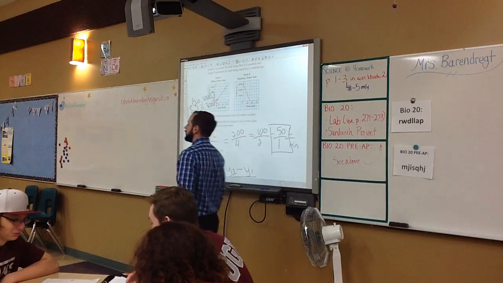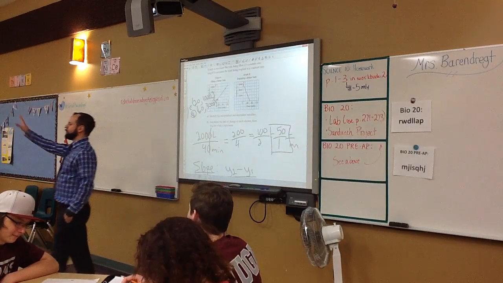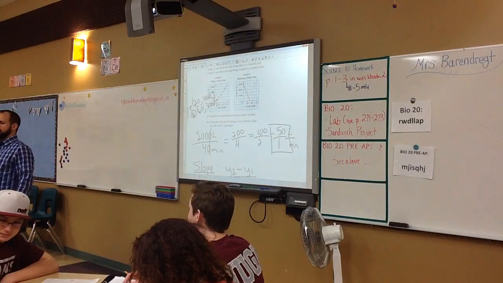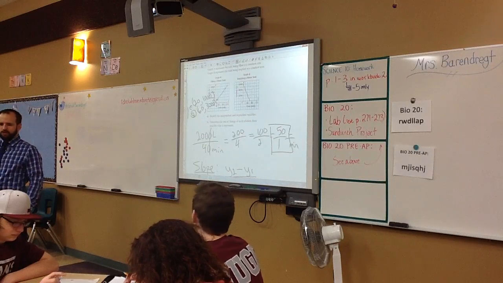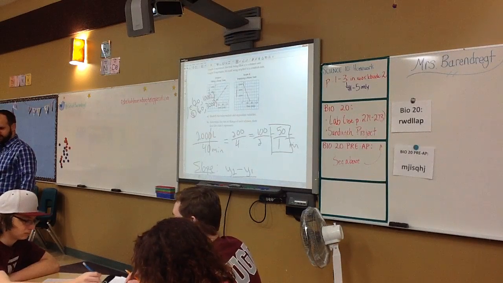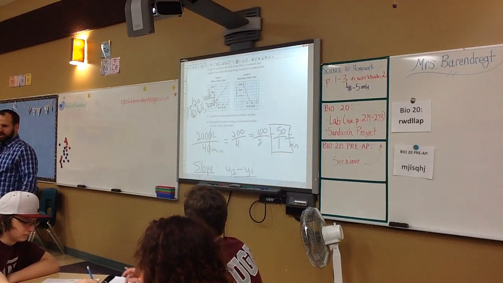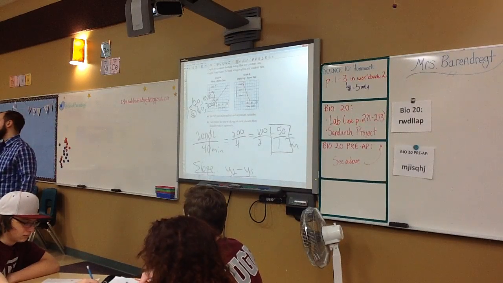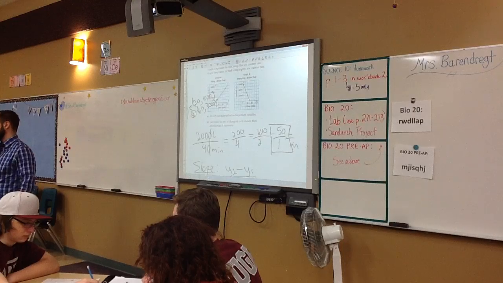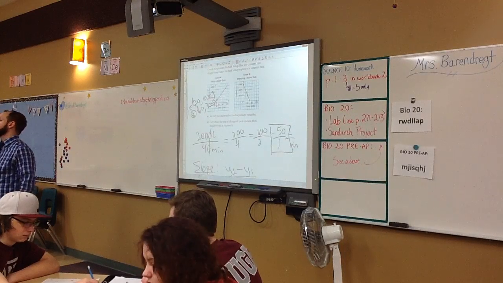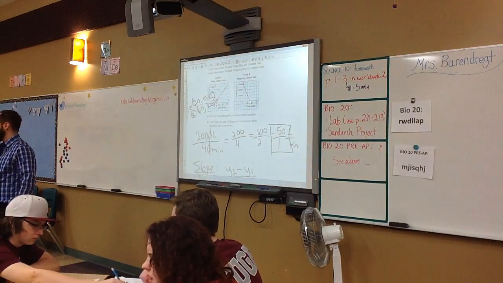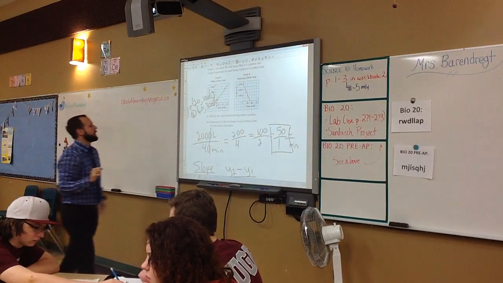Now, how many people use the formula y2 minus y1 over x2 minus x1 to find this rate of change? Okay? You did not have to use this one. You could use another rise over run, and I'm going to show you what that looks like shortly. But if you did use y2 minus y1,